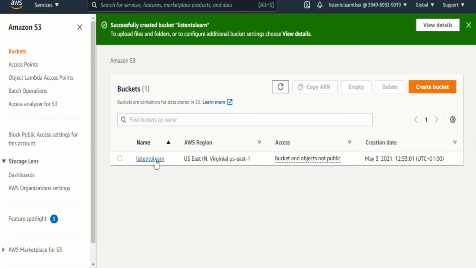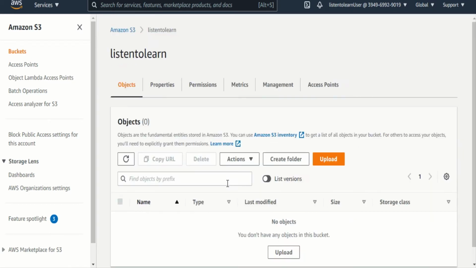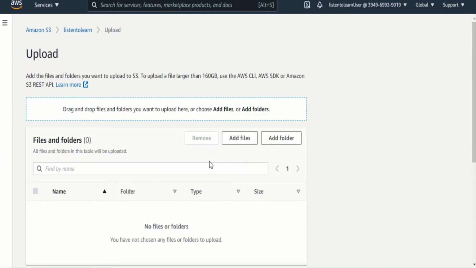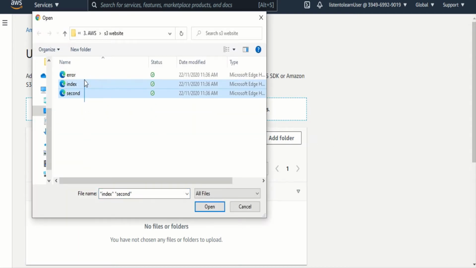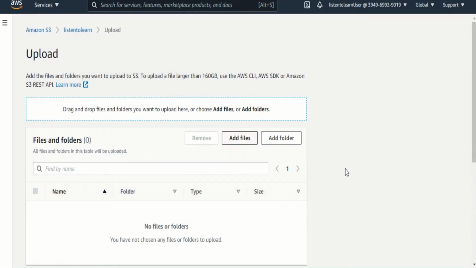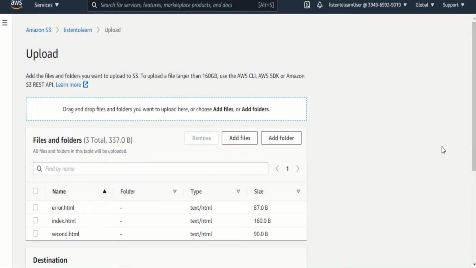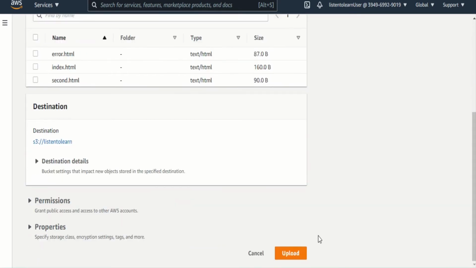So we have our bucket and the objects of the bucket are not public. Let's go ahead and upload a few files which will be served through CDN. So I'm just adding a couple of HTML files here. And once those are uploaded,